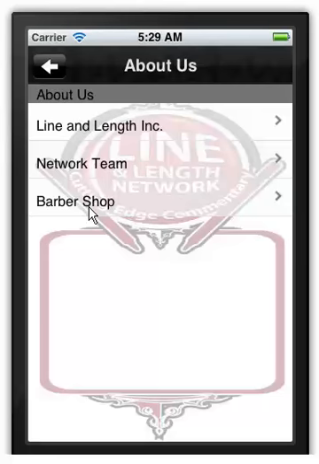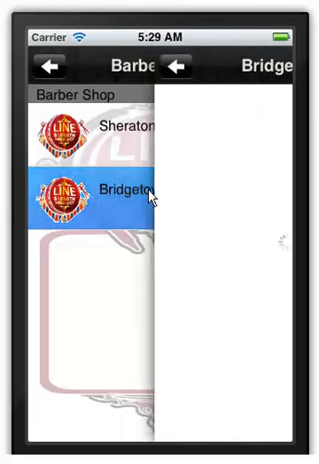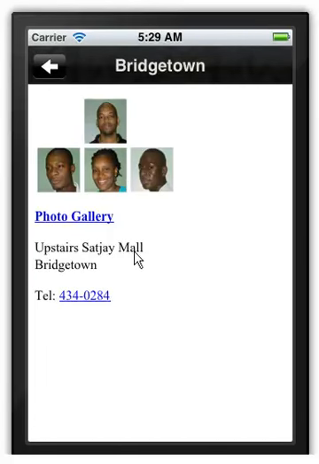As we go back here now, you'll see the barbershop information, and I think some of that needs updating. I put it to bridge down here, but I noticed it happened to be in Satjamok. I got my hair cut there recently, and I don't know if the faces need to be updated, but what I have here is basically the same pictures from the website. You can go to the photo gallery, that's clickable. You can call them here, that's also clickable. What that does is, when you click on that,